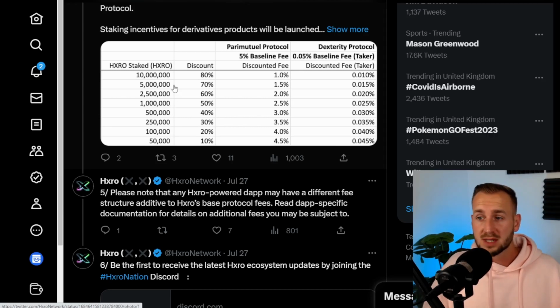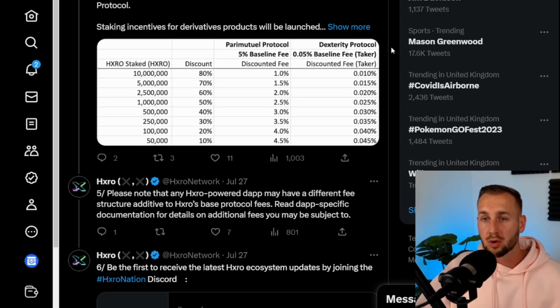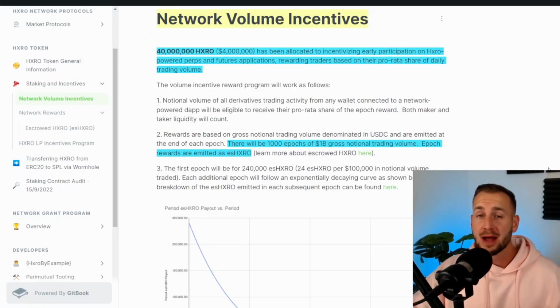So for power users and maybe even dApps alike as well, they'll want to accumulate as much of these tokens as possible and start staking them. They can either reap the rewards themselves or potentially be passing those on to their end consumers. So we've got a rewards token with value accrual plus incentives to actually lock up loads of tokens to reduce the fees you pay. Now, as I say, HXRO Network is in the early stages of something special here, and